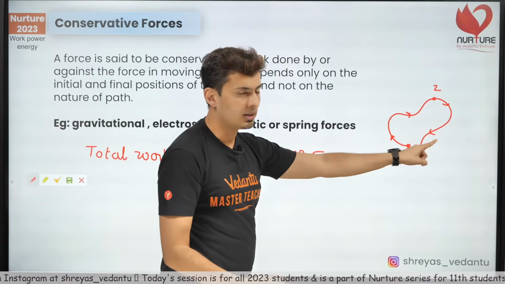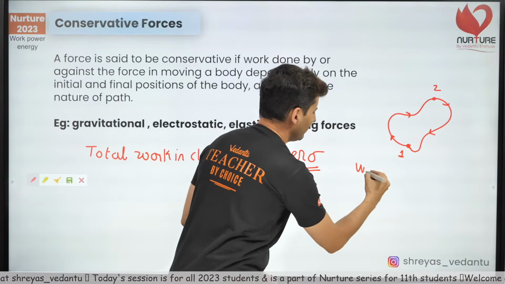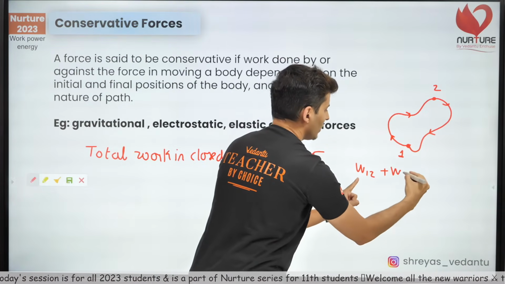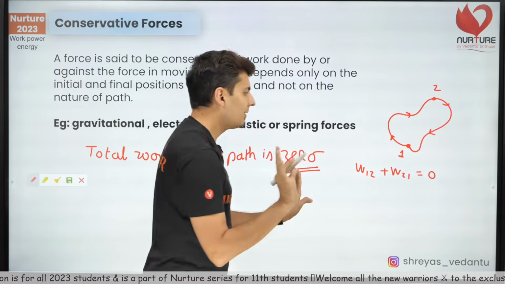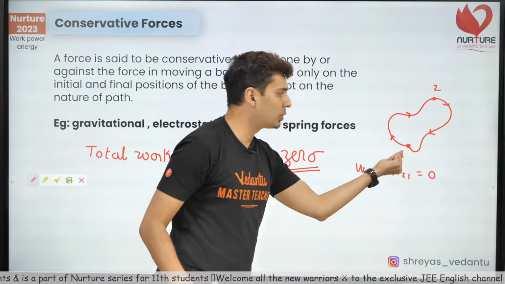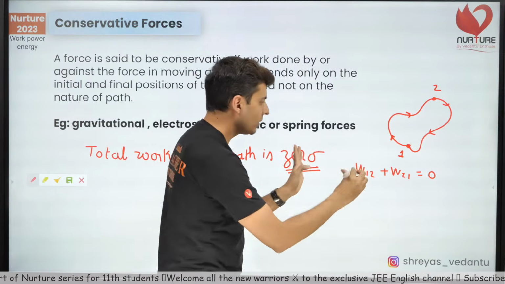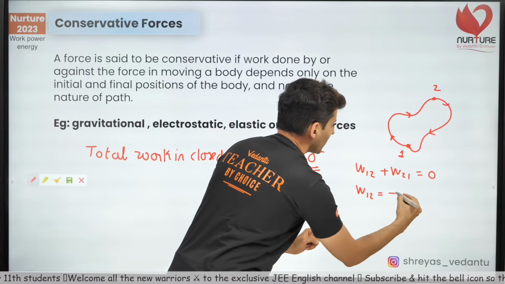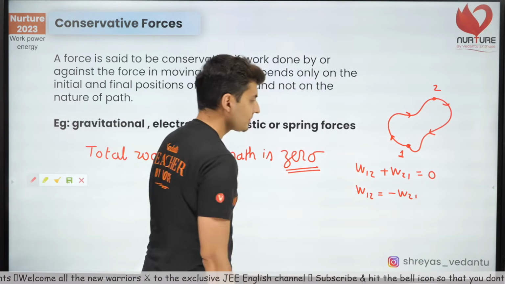What it means is, work done from 1 to 2, plus work done from 2 to 1 is 0. Everybody agrees? The total work done in a closed path is 0. 1 to 2 plus 2 to 1, whatever work is there, it is 0. Okay. Now shift this guy over there. So W12 will be negative W21,